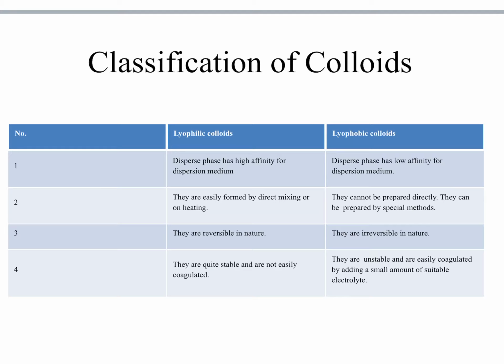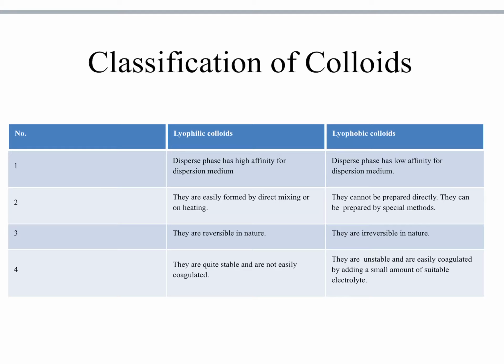They are very small. Colloids are heterogeneous systems. The smaller proportion component is called the dispersed phase, and the larger proportion component is called the dispersion medium. Both together, dispersion medium and dispersed phase, are called colloids. Colloids are heterogeneous in nature.